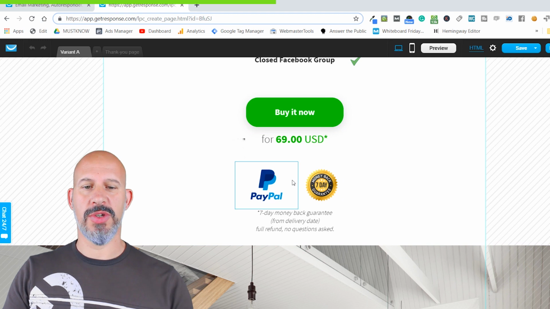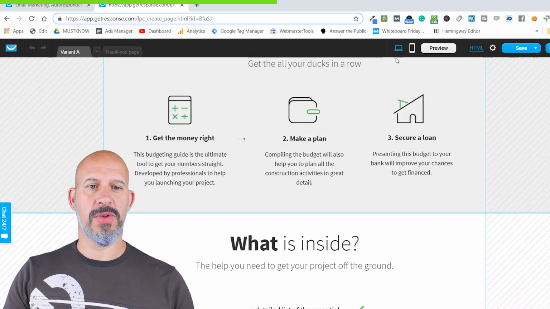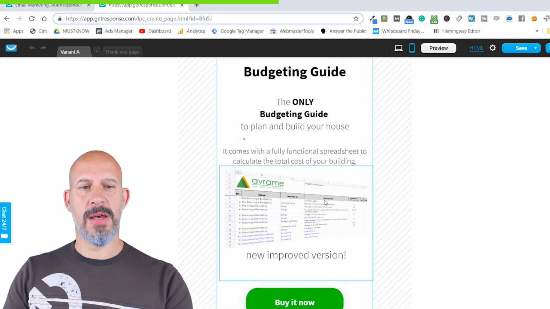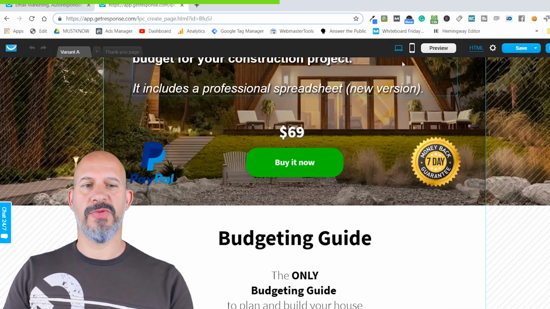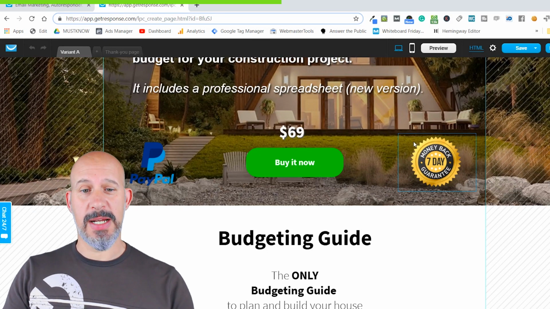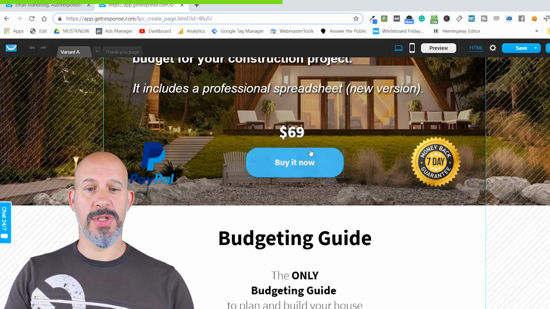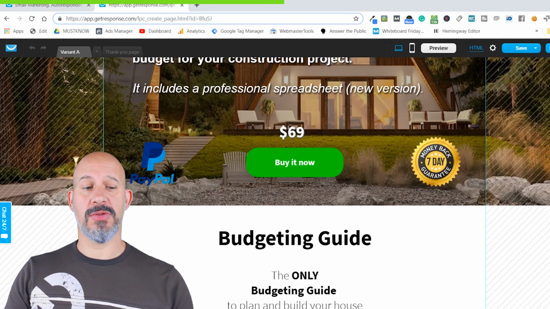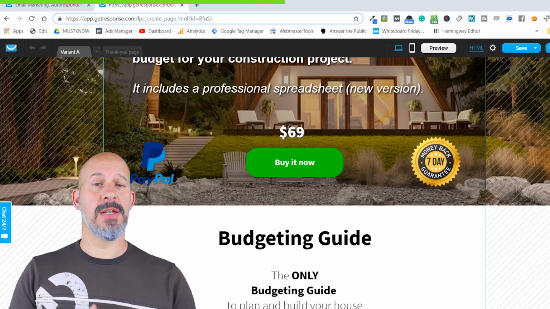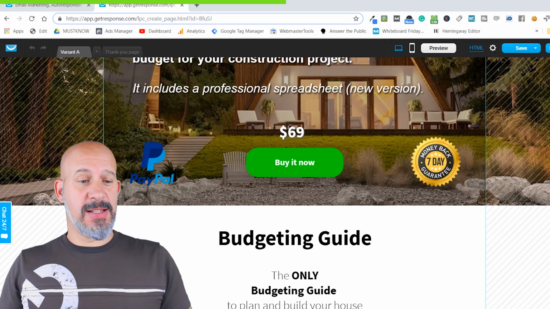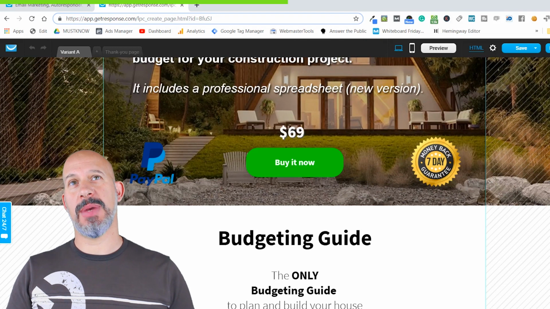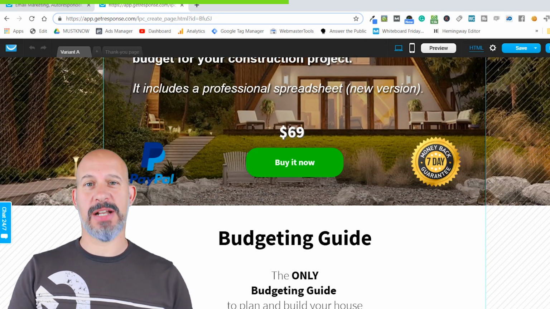You can use images, you can move stuff, and then you can also see the preview. You can have mobile version, desktop version, you can see the preview, and it works really, really great. Super easy to use, and it has integration with PayPal, which is really easy to connect. I find that this is one of the easiest email automation softwares that makes it easy to connect to PayPal,